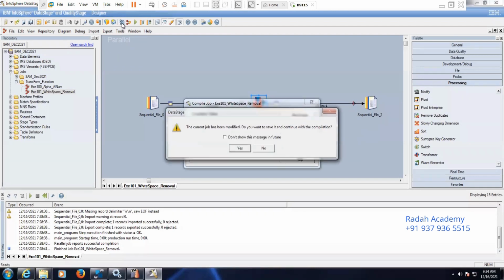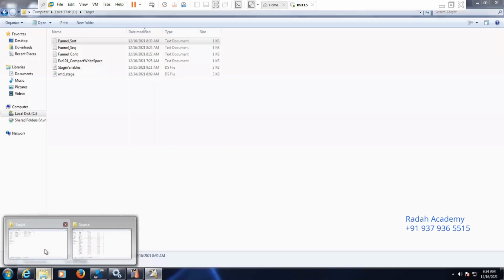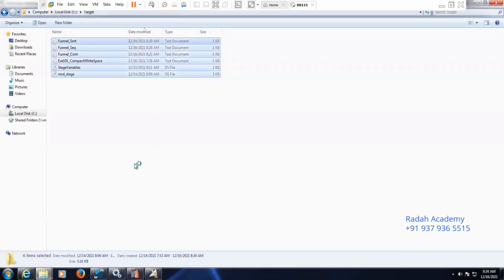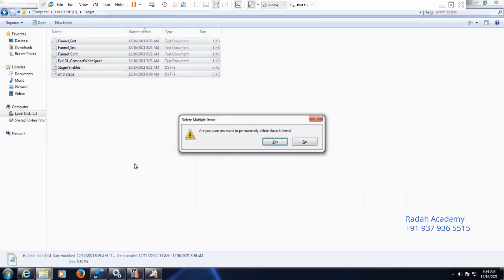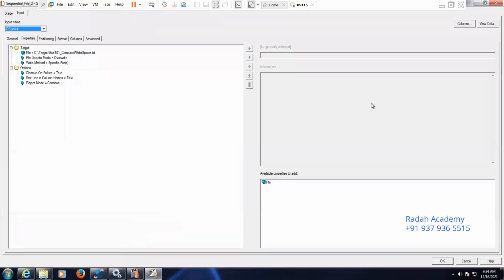Now save this job, compile this job. Let's delete the target files. Job compilation got completed. Now we can see we are creating a new file in the C drive target folder.